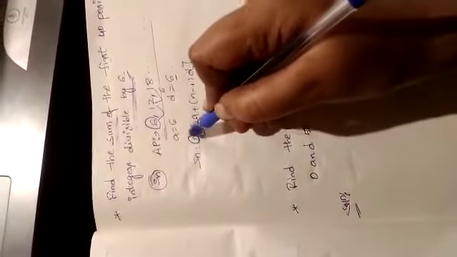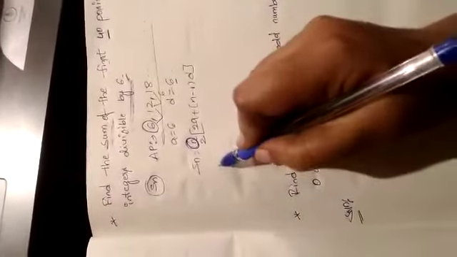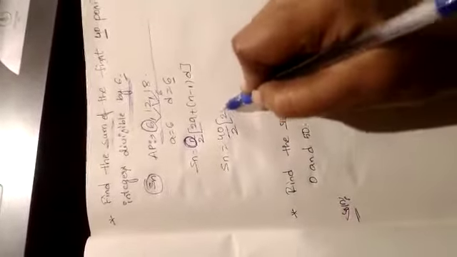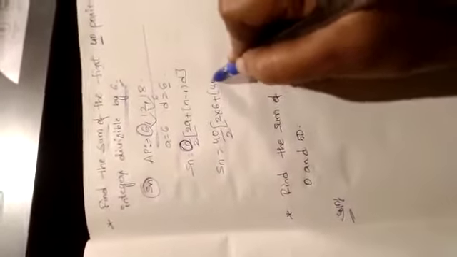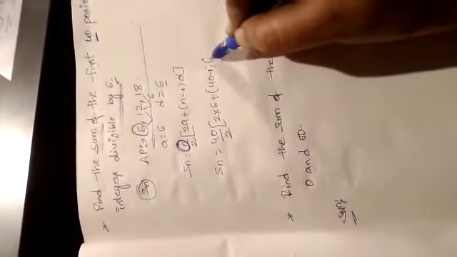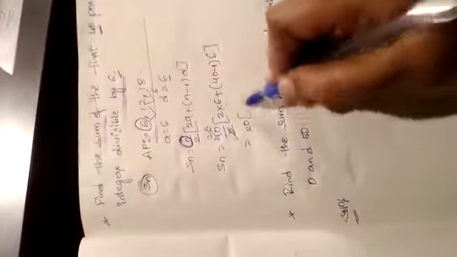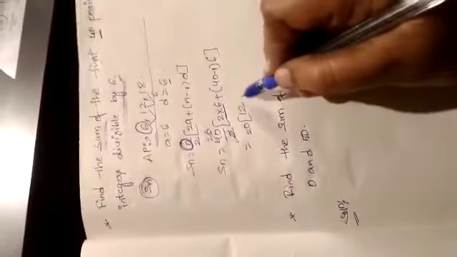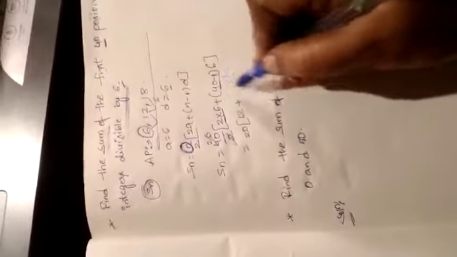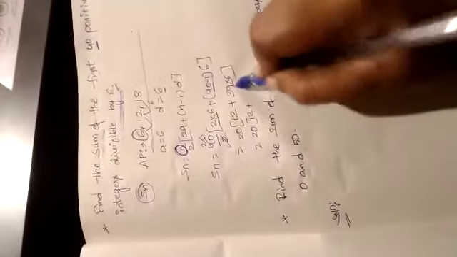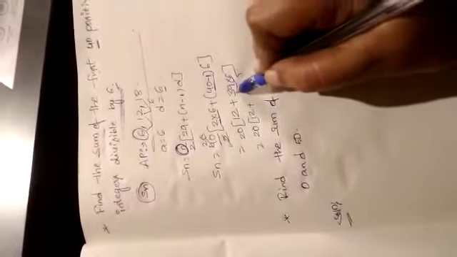What is our n value? N value is 40. So Sn equal to 40 by 2 into 2 into 6 plus 40 minus 1 into D value is 6. 20 into 2 6 12. 40 minus 1 39 into 6. 20 into 12 plus 6 9s 54. 6 3s 18.